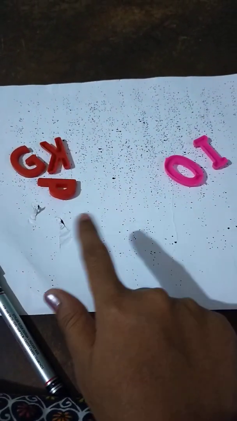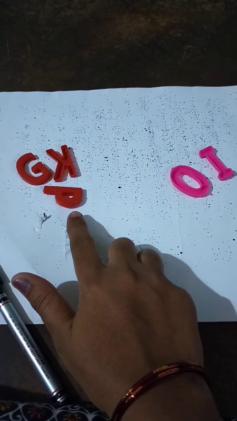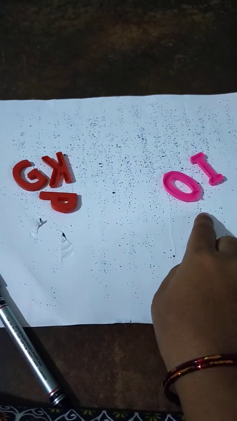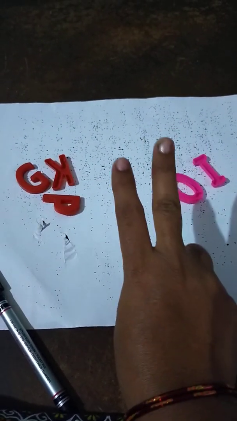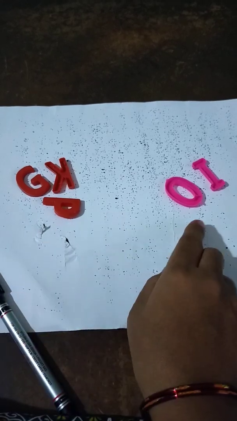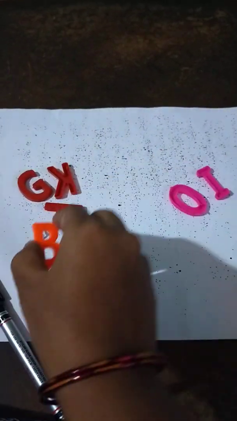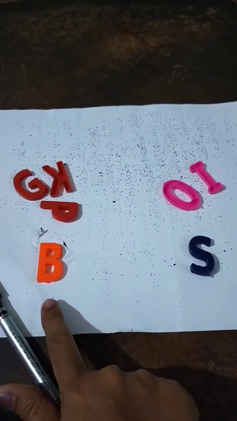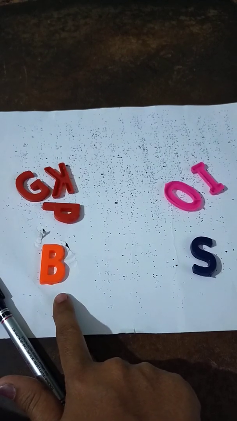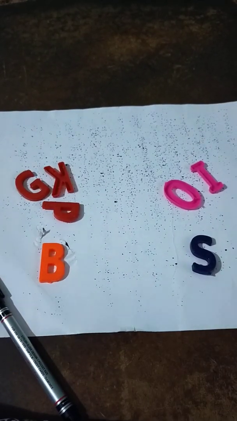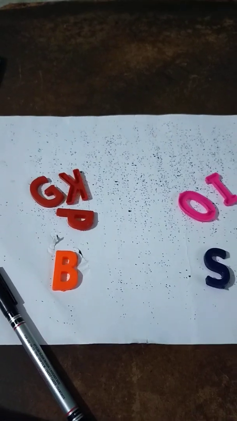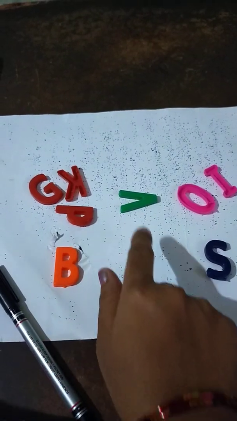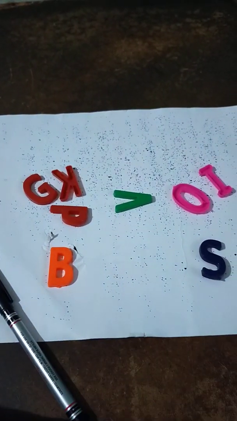Look here, all of you. In this, how many alphabets are there? 1, 2, 3. 3 red color alphabets. In this one, 2 pink color alphabets. 1, 2. So the first one is the biggest one and the second one is the smallest one. Which symbol is used, less than or greater than? Use the greater than. From the biggest to the smallest, use the greater than. Okay.